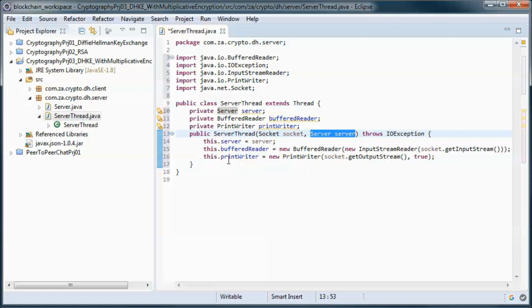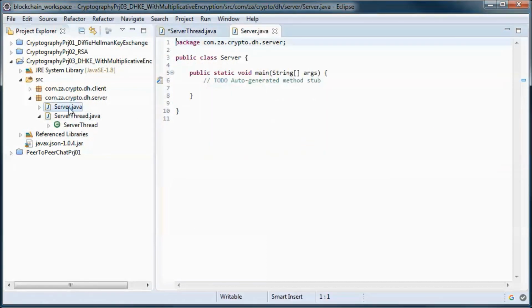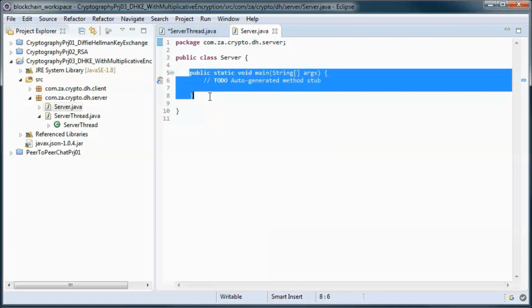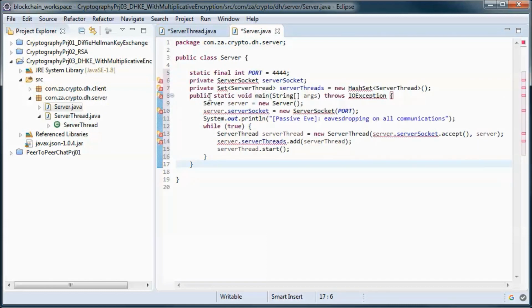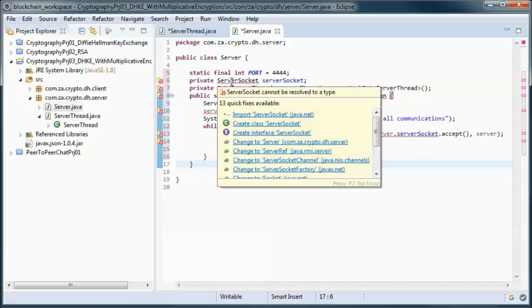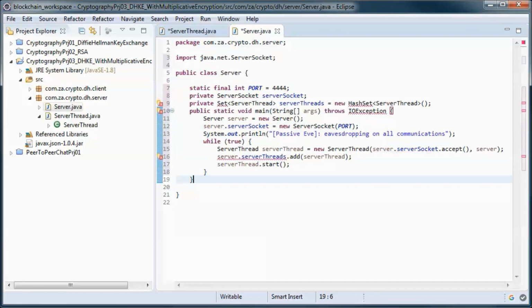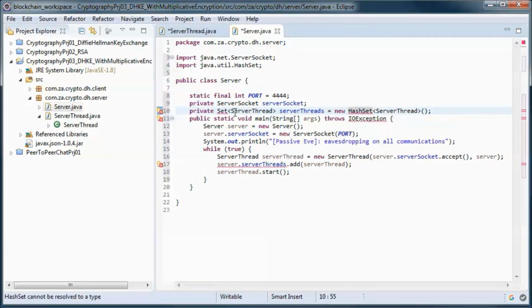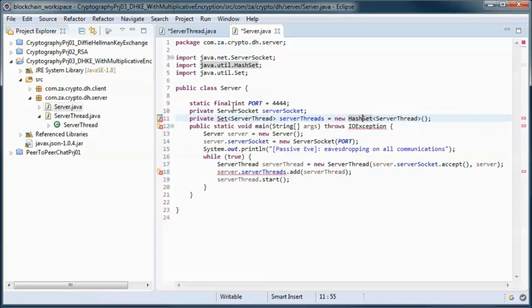We will use the socket to initialize the buffered reader and also the print writer. And the server will have a port number that it will be listening on, and a set of server threads for the different clients it is interacting with.